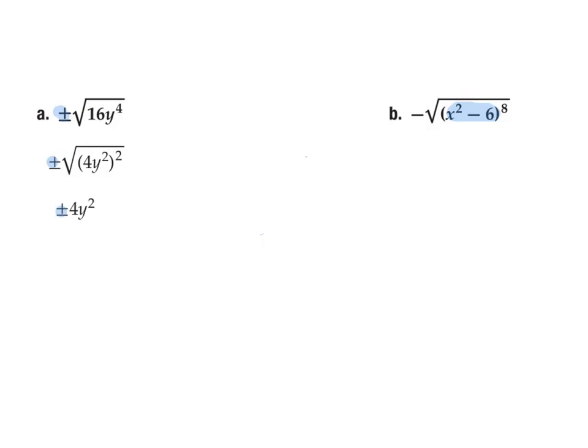Okay. Now, for the next one, I've highlighted the x squared minus 6 for a reason. Okay? I don't want you to view that as separate things. I want you to view it as one term to the 8th power. If you do that, it'll become easier to think about converting it to something squared like we did for the first one. Because again, what I want to do is I need to think